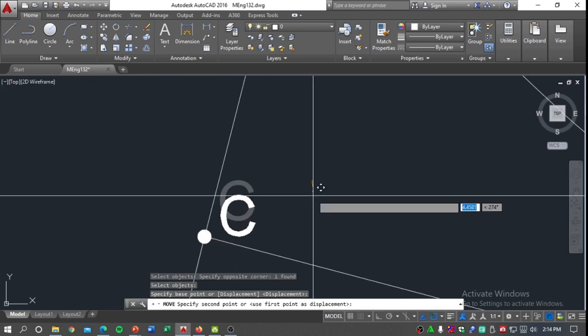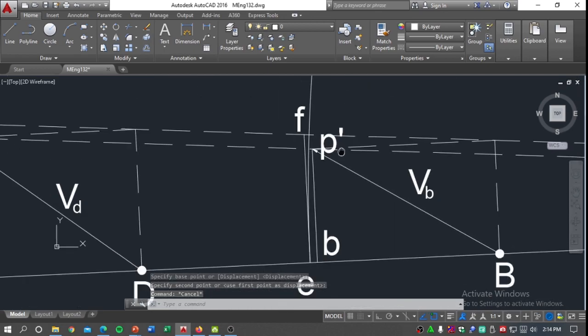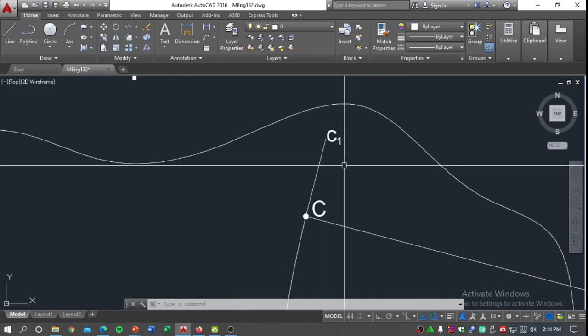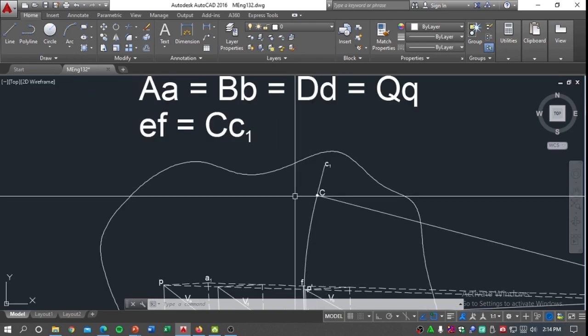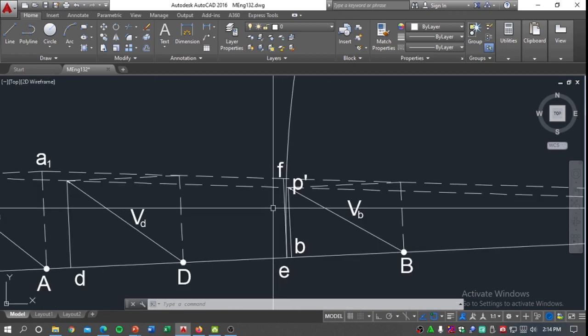So this length of line EF here is equal to the length of this line CC1,